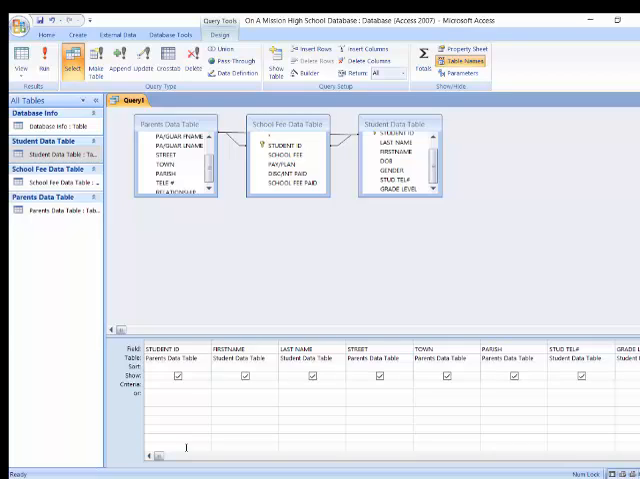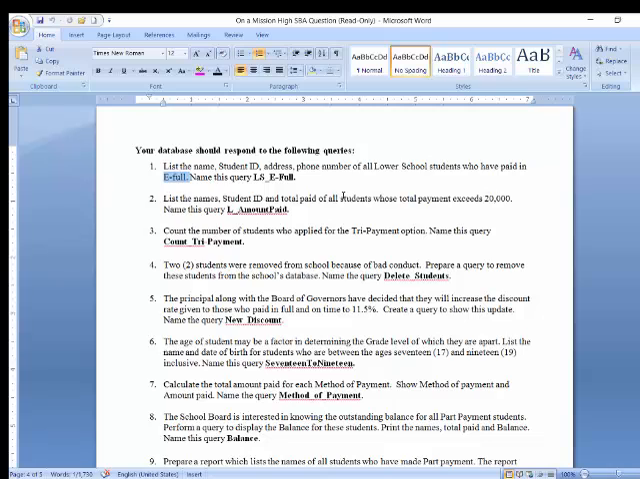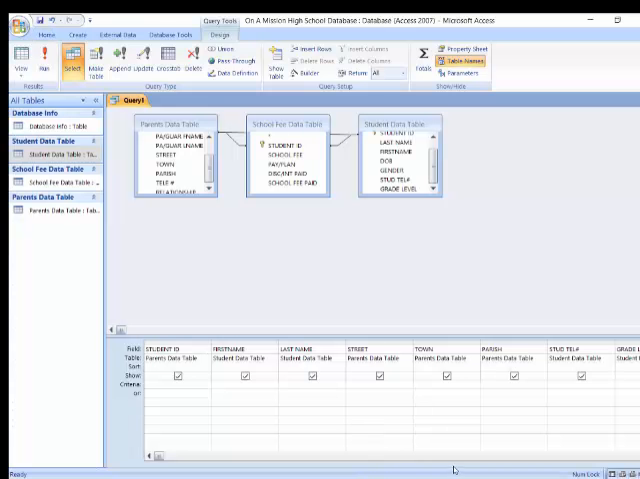Now, the next thing you want to look at is, are there any criteria for our search? Is there anything in particular that we're searching for? And it says here, we are only searching for students in the lower school category and who have paid in full. Now, bear in mind, ladies and gentlemen, that in your criteria field, the criteria must match exactly